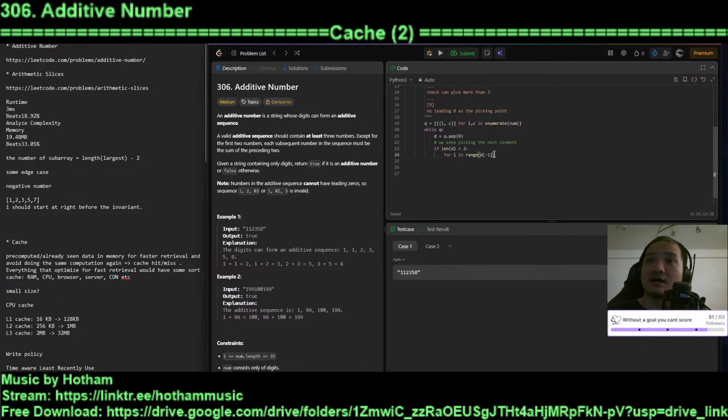Starting at the last one, first element plus 1 to the length of num, right? So basically we want q plus equal, no, we want, okay, so basically choices